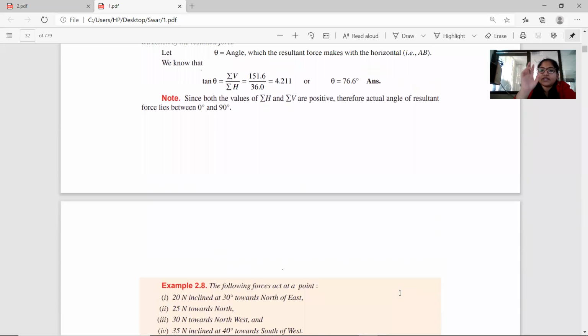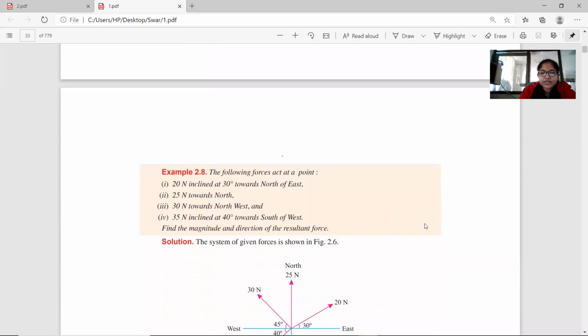In this equation, my sigma h and sigma v are both positive. That's why my answer will be in the positive section, which is the first quadrant. So if my theta is 76.6 degree, that means it is the actual direction of my resultant force. Next question says